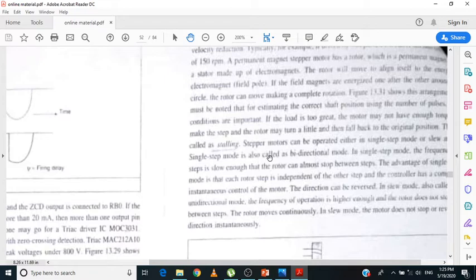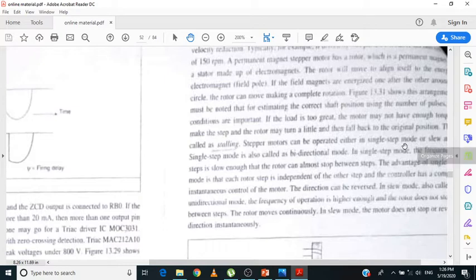This means you are able to control the rotor rotation with a certain angle, in steps varying from 0.9 degrees to 90 degrees. You can rotate the rotor of the stepper motor by controlling the step size of the motor, and that step size varies from 0.9 degrees to 90 degrees. That is nothing but the step size of your stepper motor.